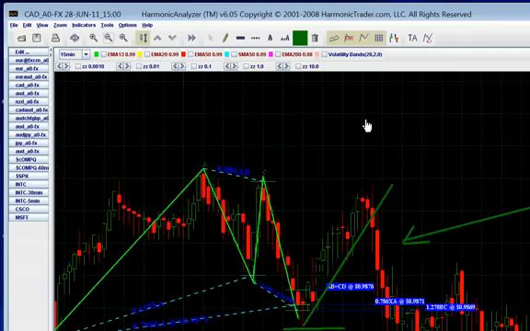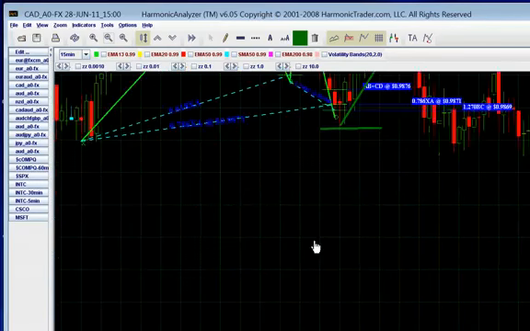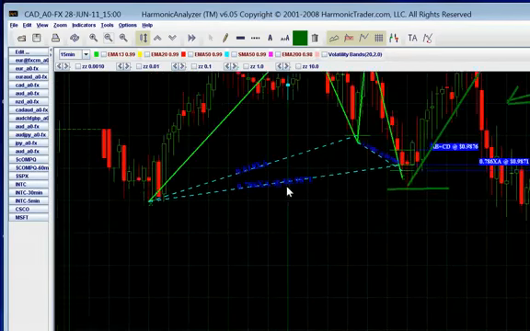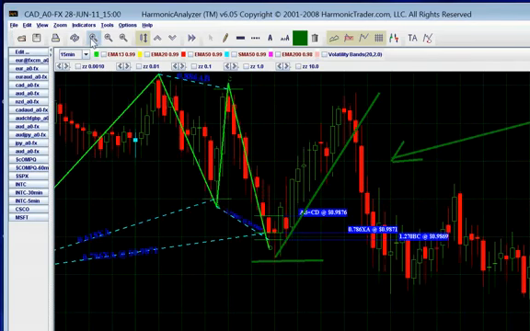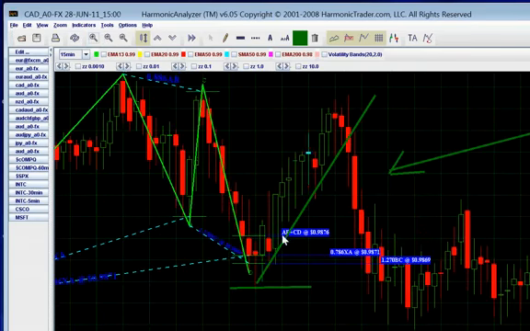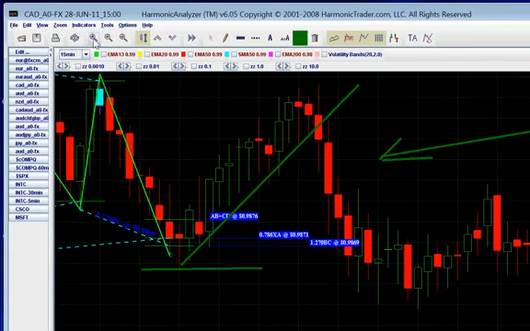Again, look at this. That is perfect. There's a potential reversal zone right here. No matter how far that trend has persisted, look at that zone. There's your ABCD, there's your 786, there's your 127 BC. Those are three mandatory minimums. And so when we're looking at that trade, at a minimum, here